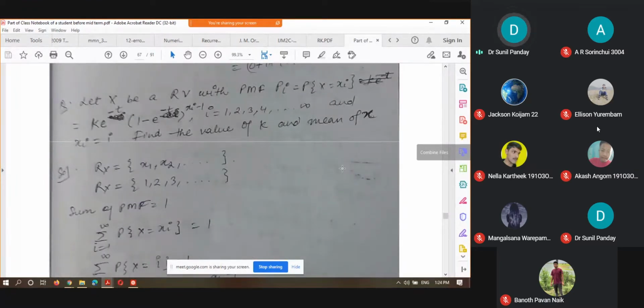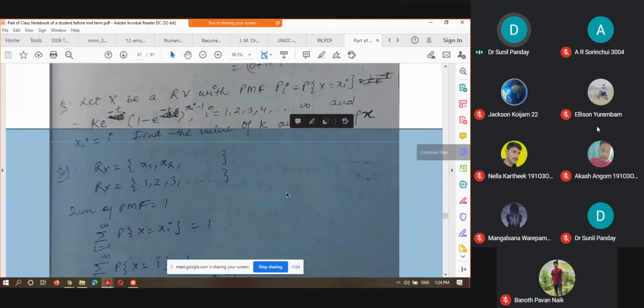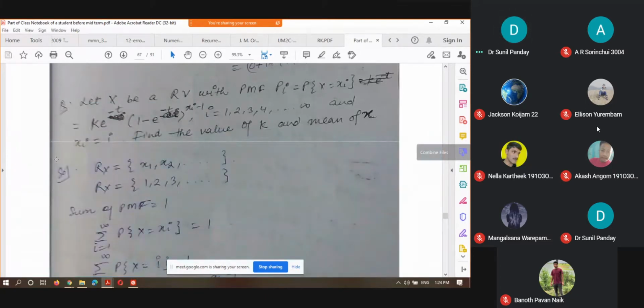Okay, suppose we have this problem. Let x be a random variable with probability mass function: probability at x equal to xi is given by k e raised to power minus t times (1 minus e raised to power minus t) raised to power xi minus 1, for i equal to 1, 2, 3 up to infinity. Find the value of k and the mean of this